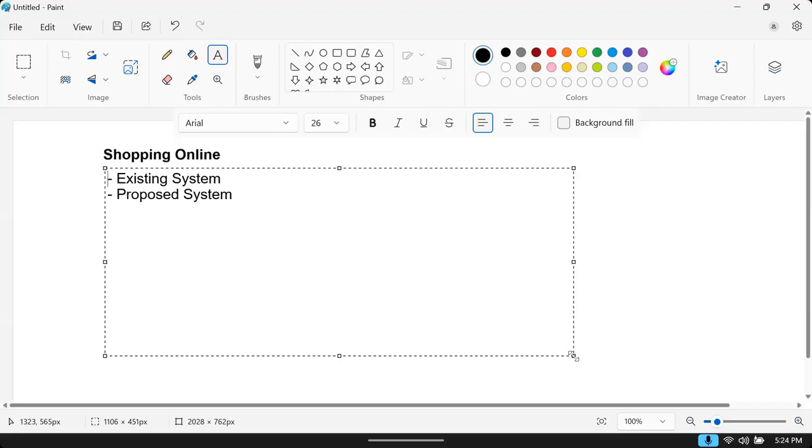Existing system means, suppose I need to shop and buy a product related to some category, some electronic product. Existing means, without any software, if you have to do that, how are you doing it?